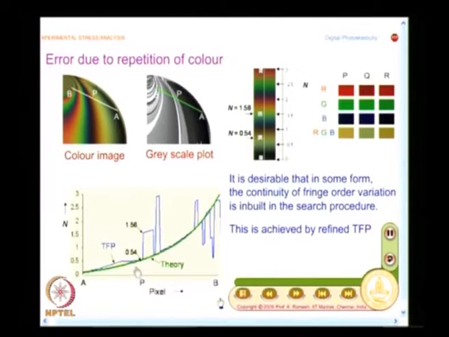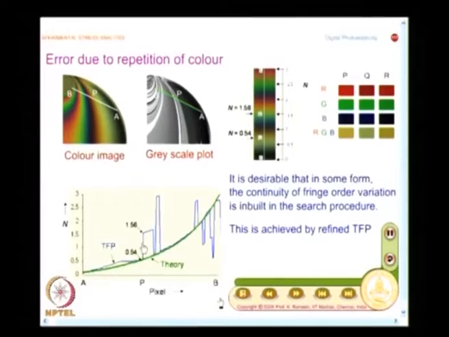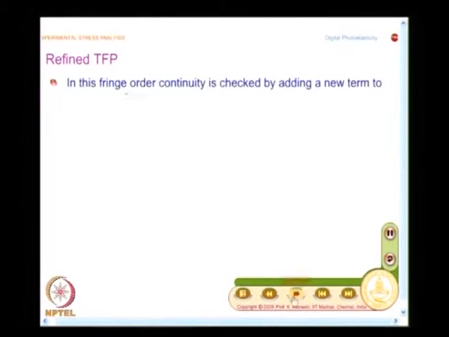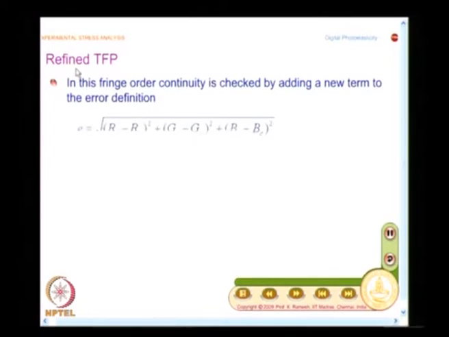And here you have the Q. I have a fringe order variation which has to be smooth. I can't have sudden kinks in this. So, the best way is to bring in fringe order continuity as the basis. That is what we are going to look at. We will bring in fringe order continuity as a criterion, in addition to color matching. So, we have to reframe the basic equation, and when we do that refinement, we call that a refined TFP,